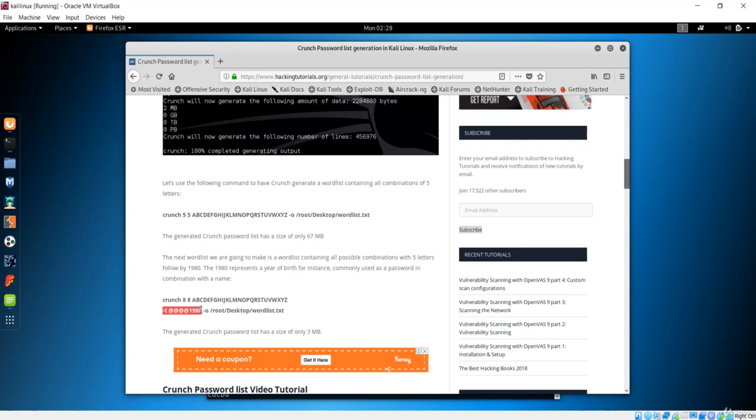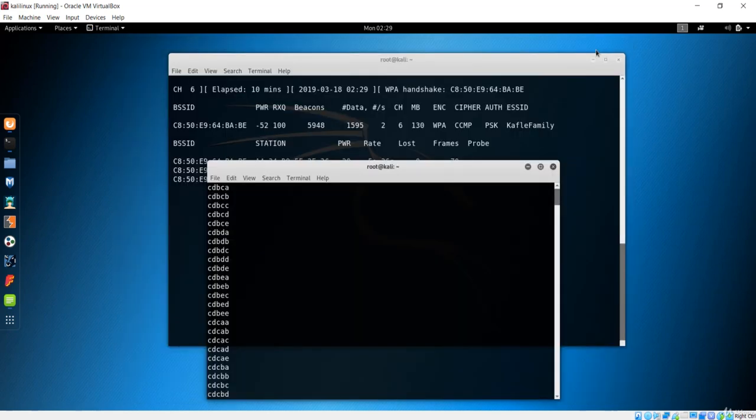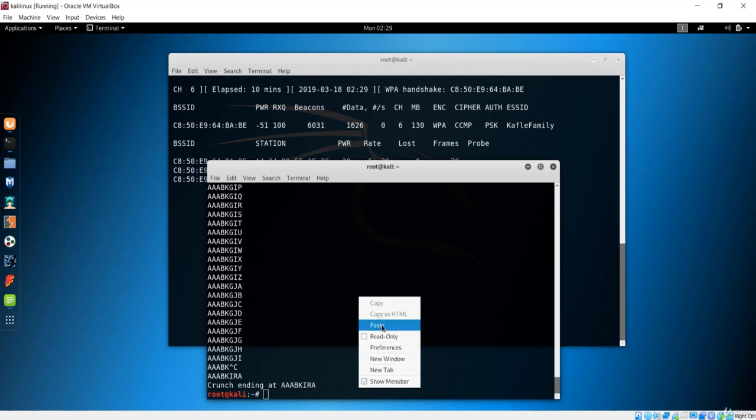This is the T, that is the argument, and you know this O is to determine where this word list should be saved. So let me just grab this one and show you what this means. Let me paste this, and you could see now that this is the T argument, and T argument refers to the pattern. So the pattern is basically this, you can see the @ sign over here and 1980s. That means the password should end with 1980, and there can be any digit or any number over here. And you could see we have given 8 characters to be the final password.